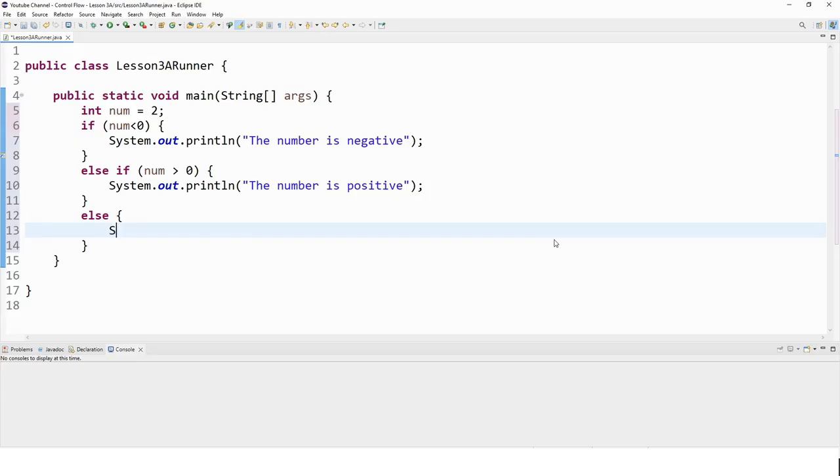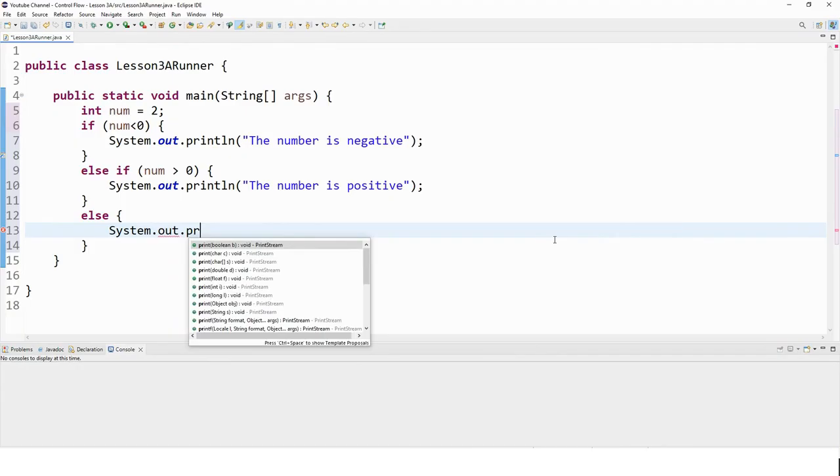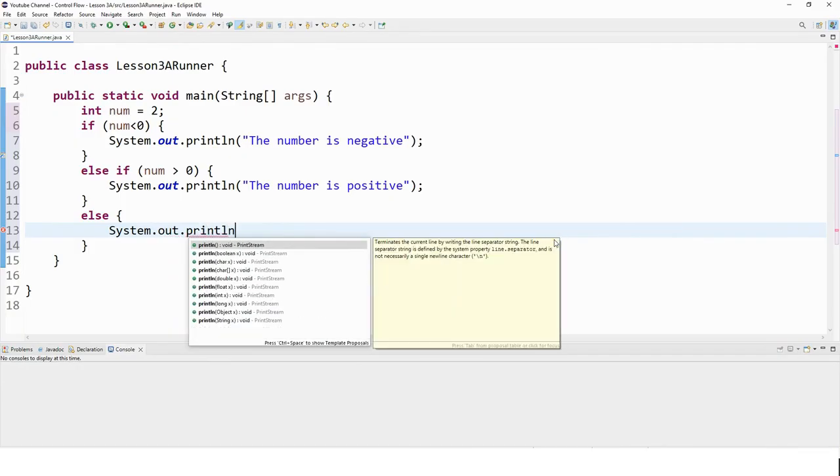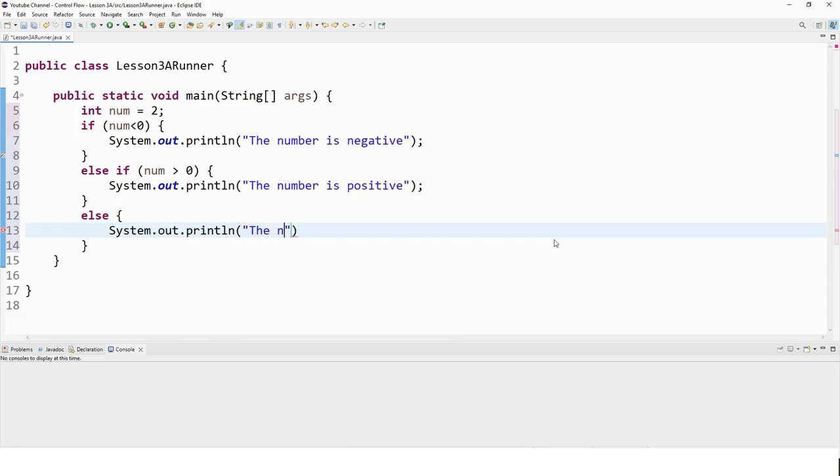So let's say System.out.println("The number is 0."); Semicolon,